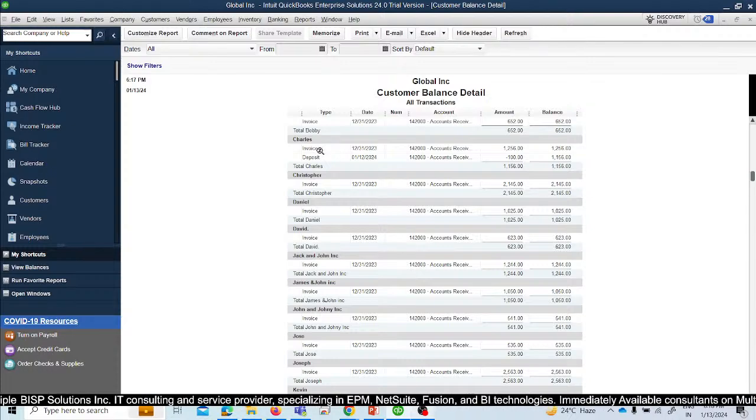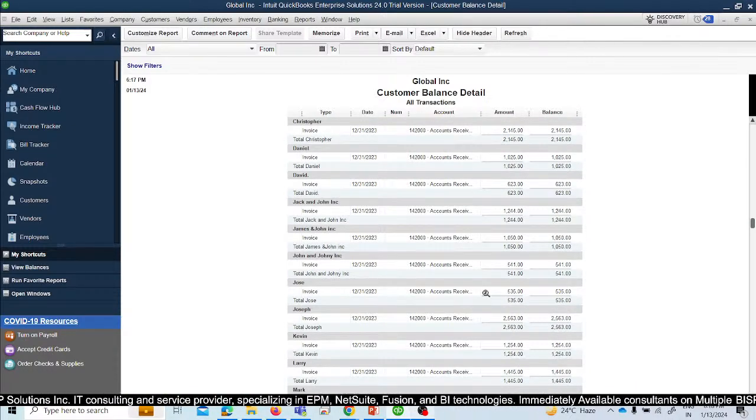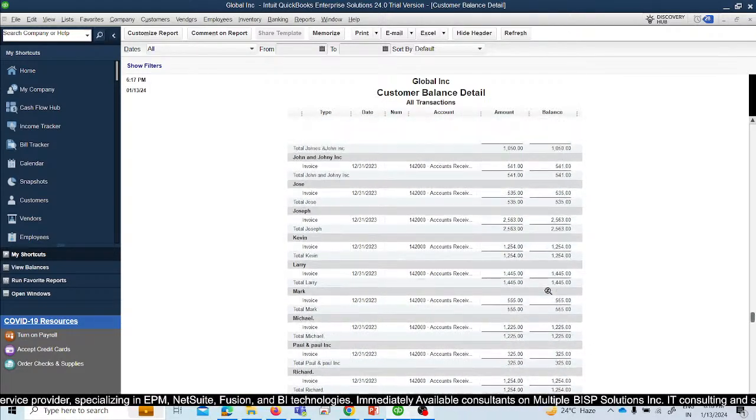So accordingly you can view the customer wise report, what transactions were done for the particular customer and what is the opening balance, that is the outstanding balance available for that customer. Okay,